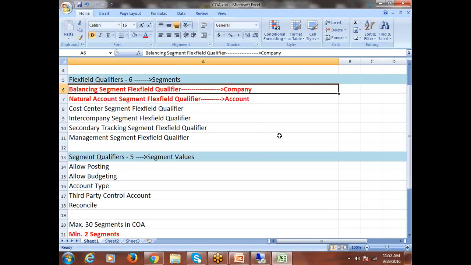No secret, not difficult. To which segment we assign, that we already discussed, the same I am asking. To which segment we assign the balancing segment flex field qualifier, that segment is called as, that's it. To which segment we are assigning the natural account segment flex field qualifier, the segment is called as, game over. Okay, but always we assign the natural account segment flex field qualifier to account only, but when you talk